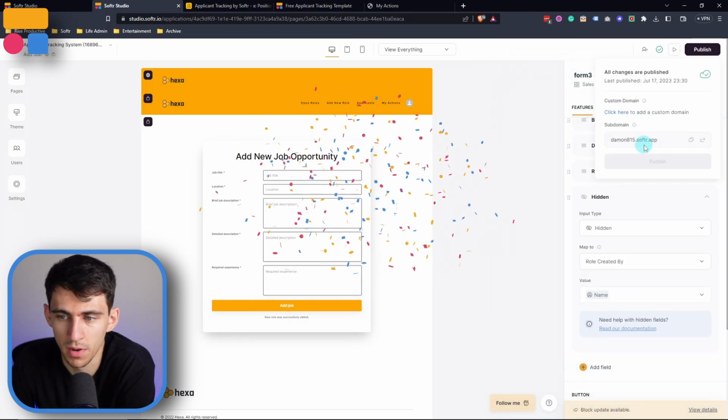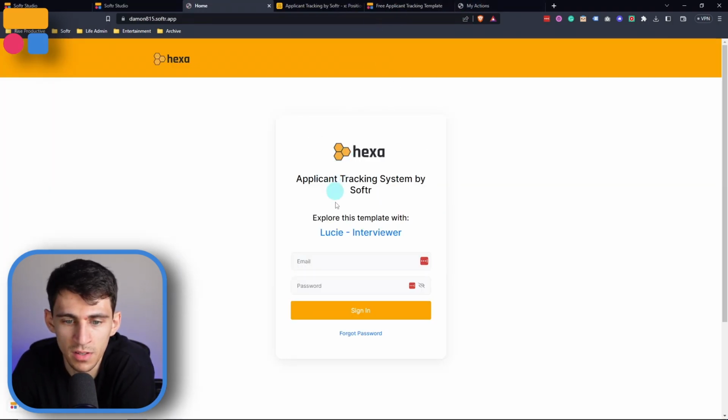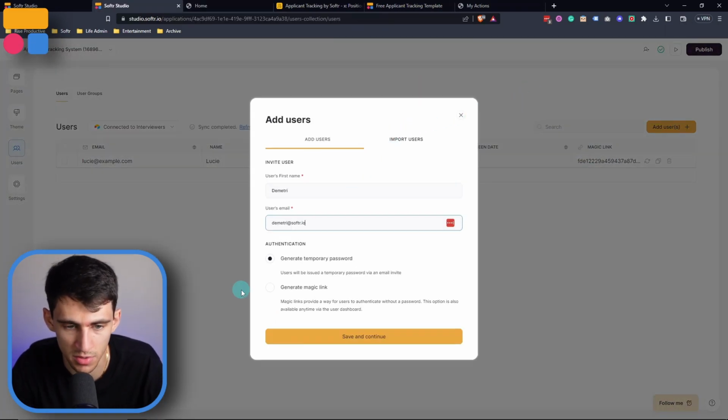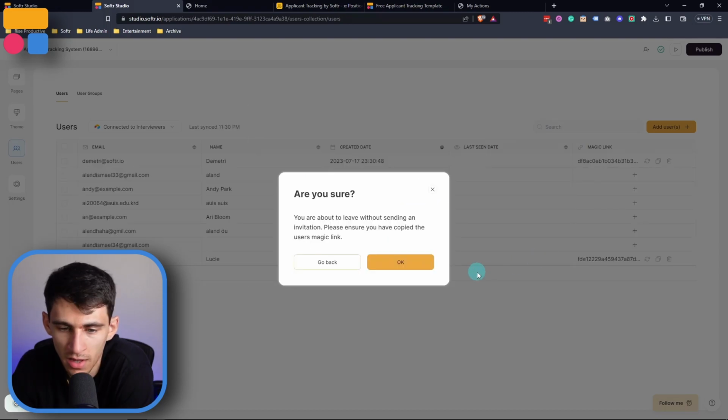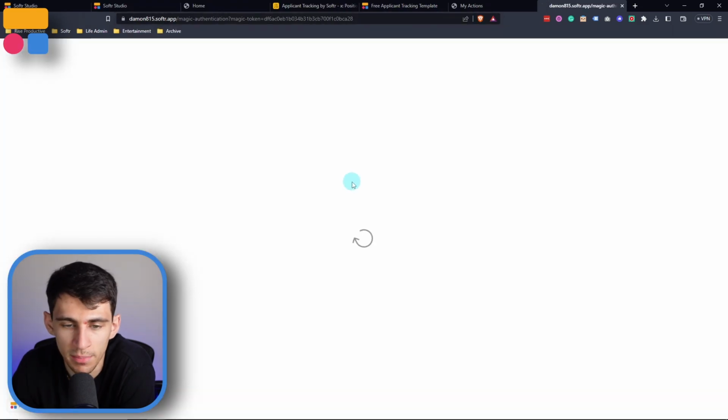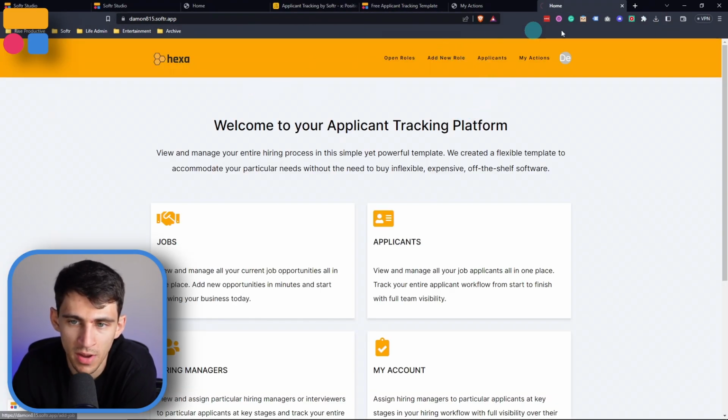So if I were to press publish on this, then open this up. So for example, if I were to make a new user, that was me, and generate a magic link. And then from there, what I could do is go inside the application. And following that, if I wanted to add a new role,